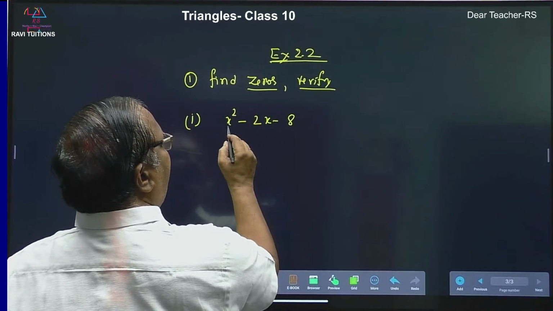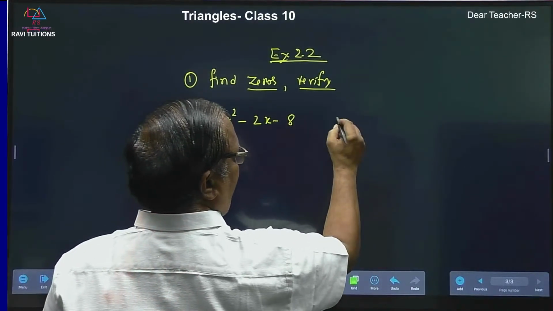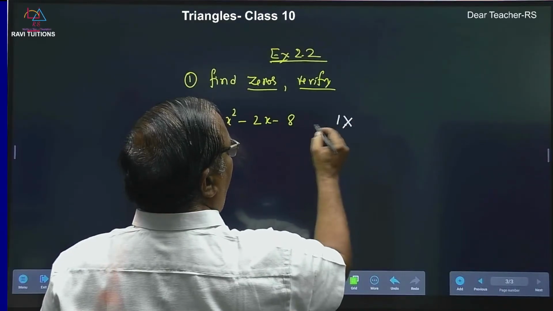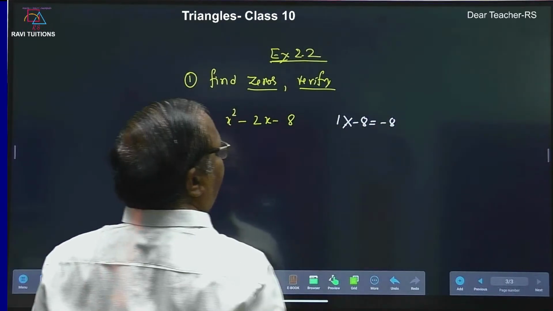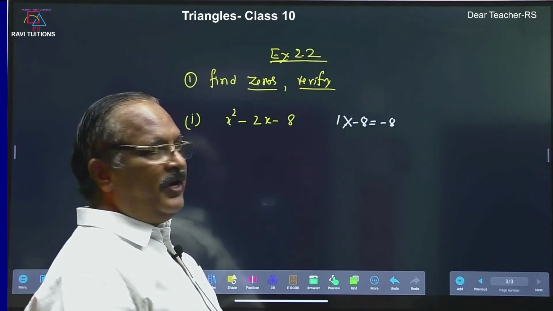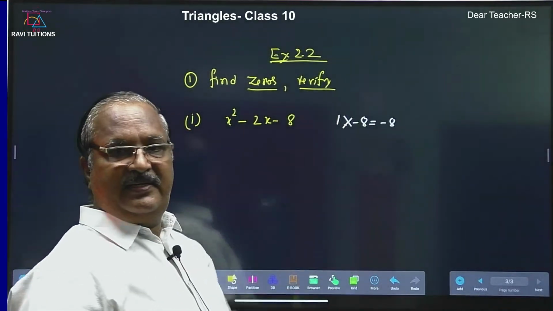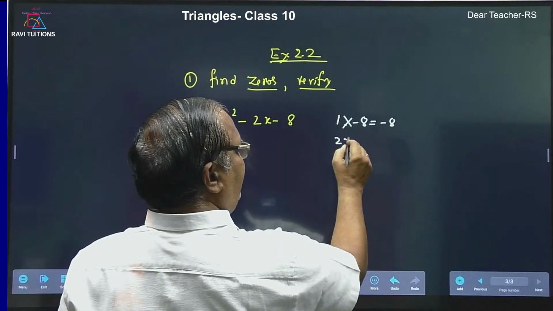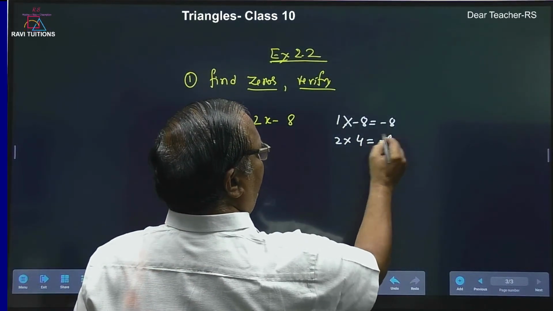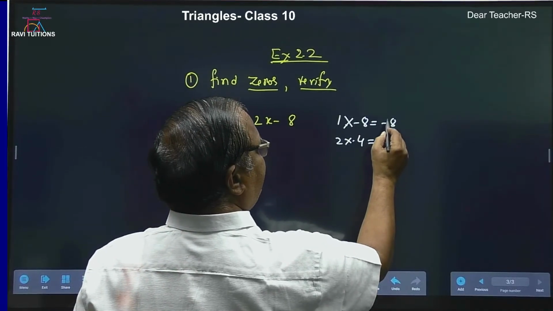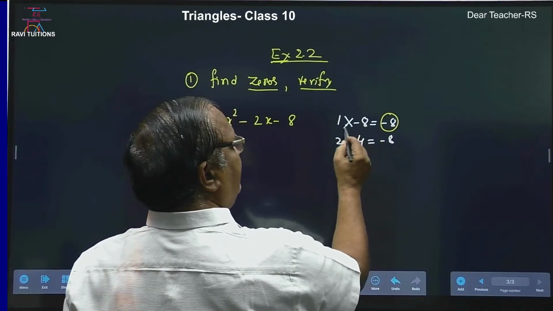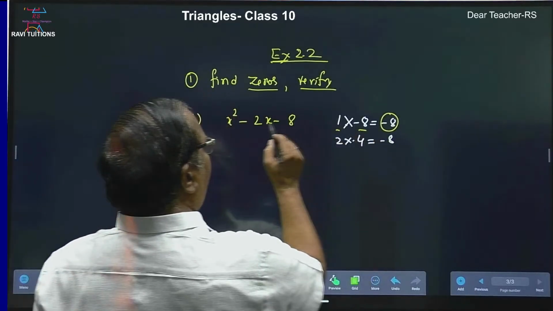Here the x square coefficient is 1, and the constant is minus 8. So 1 into minus 8 is minus 8. Now you have to find the factors of 8. Two fours are eight, so 2 into minus 4. Because the product is minus, by subtracting these two factors you should get the middle